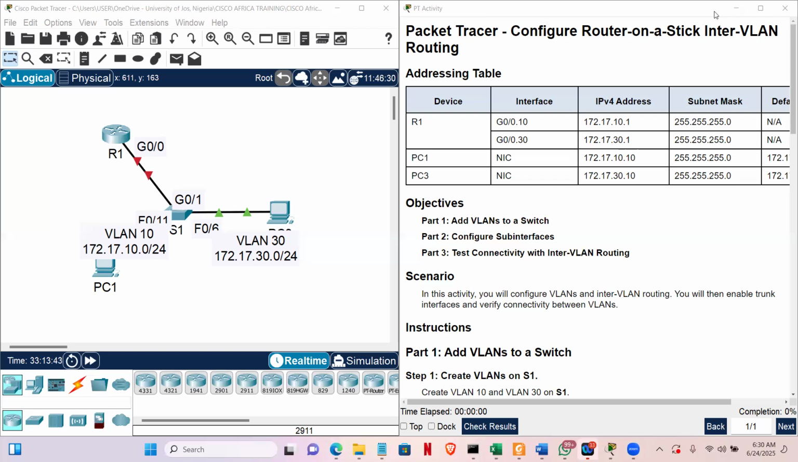Now, the concept of inter-VLAN routing is to say you have systems that belong to different VLANs. VLAN is virtual local area network. So you have computers that belong to different VLANs. Now, a VLAN is totally independent from another. For instance, if you see from this topology on my left, you'll see that this is on a VLAN 10,